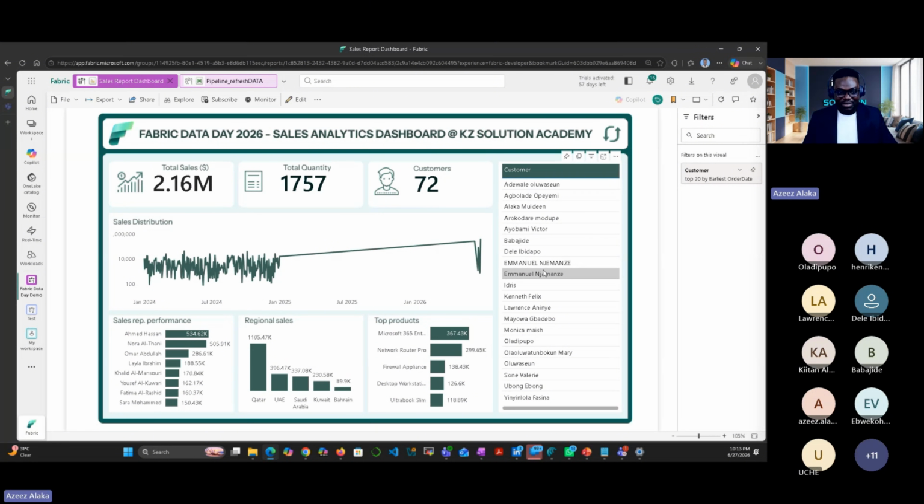So I can see all these new names. This is Emmanuel. These are new names. Oh, this is Alaka Muidin. Wow, makes sense. This is Agbola Okoyebi. This is Sone Ubong. I believe all of these people just filled this form. If you see your name here, please use the reaction button. I want to see you. If you're able to see your name here and you just filled this form, can you please use the reaction? Oh, Okpeyemi, makes sense. Where are others? Okay, I think others already did. Let me see from the other side. From Facebook, you can also use the reaction button if you filled the form and you're able to see your name here.